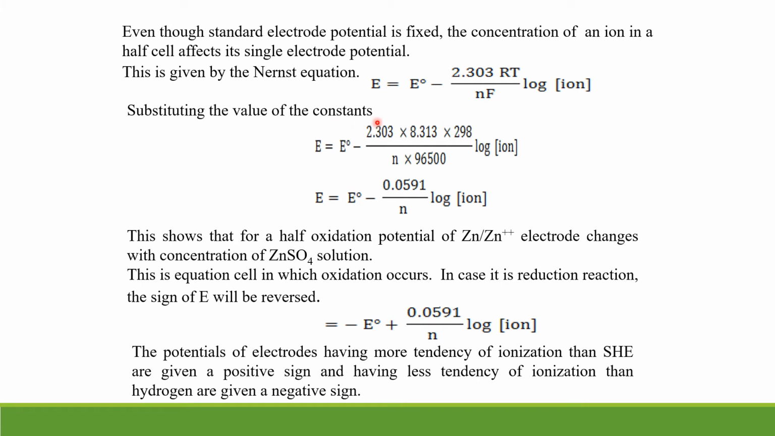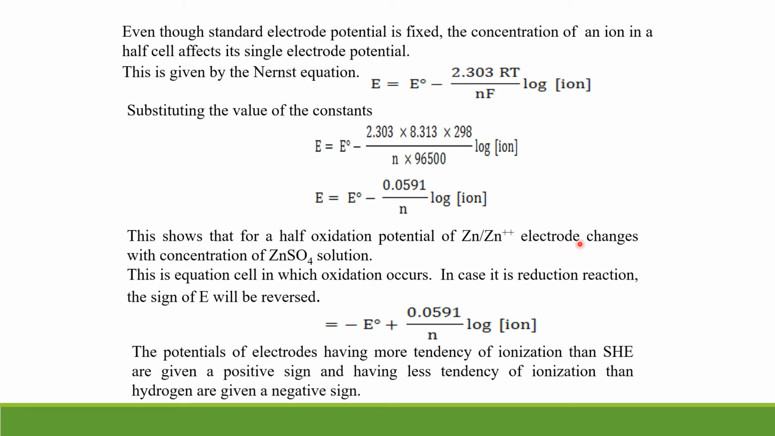Substituting the value of all this constant, that is 2.303 R the gas constant, T the temperature in degrees Kelvin, and F is the Faraday's constant 96500 coulombs. This particular factor we know the value is 0.0591 divided by n, log of concentration of ion. So this shows that for a half oxidation potential, if suppose you take the metal electrode zinc in equilibrium with